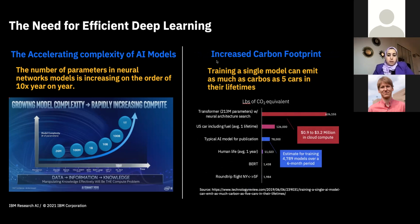deployments? This comes with a huge increase in computational costs, as I mentioned, but also increased carbon footprints. A recent study from the University of Massachusetts Amherst released a startling report, estimating that the amount of power required to train and search a certain neural architecture involves the emission of roughly 626,000 pounds of carbon dioxide, which is equivalent to what 5 cars would emit in their lifetimes. If we keep going at this rate, we're going to consume the entire energy budget of the world just training